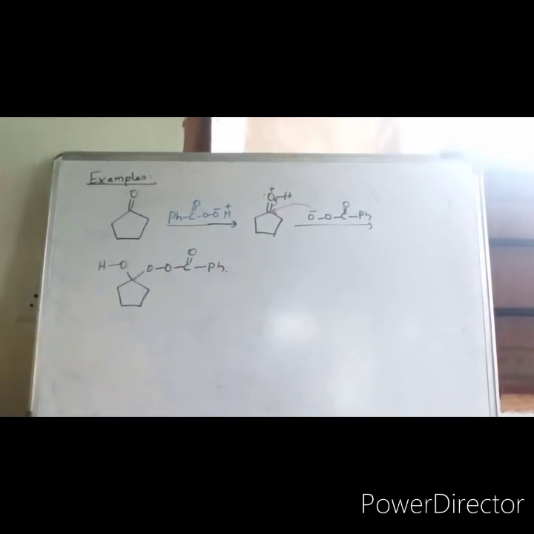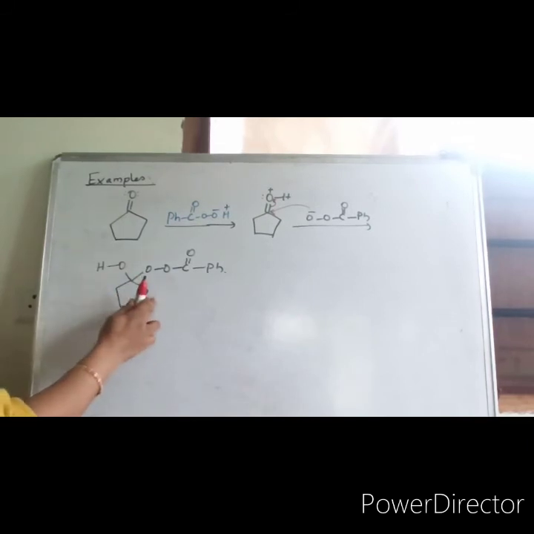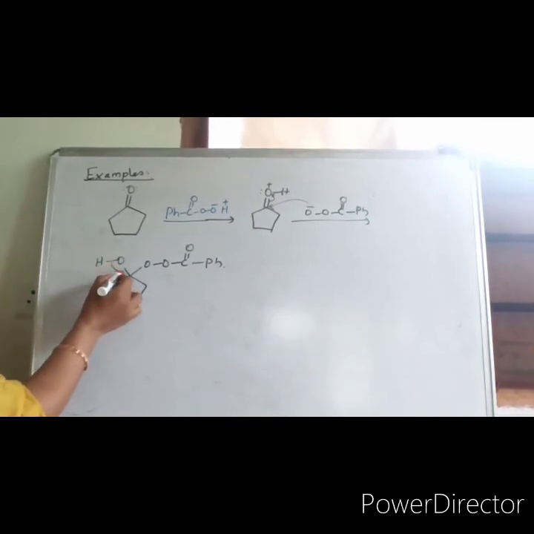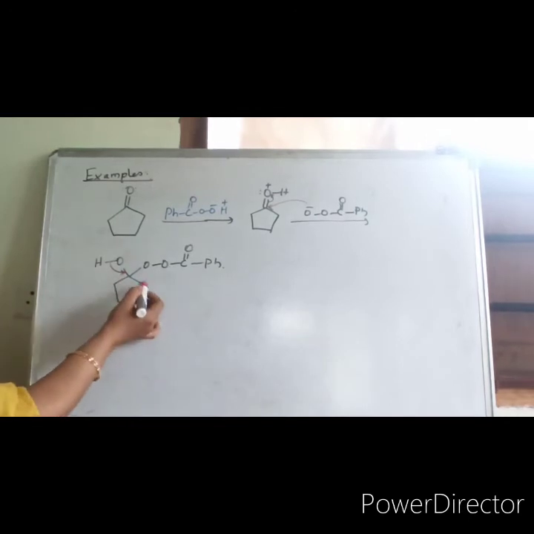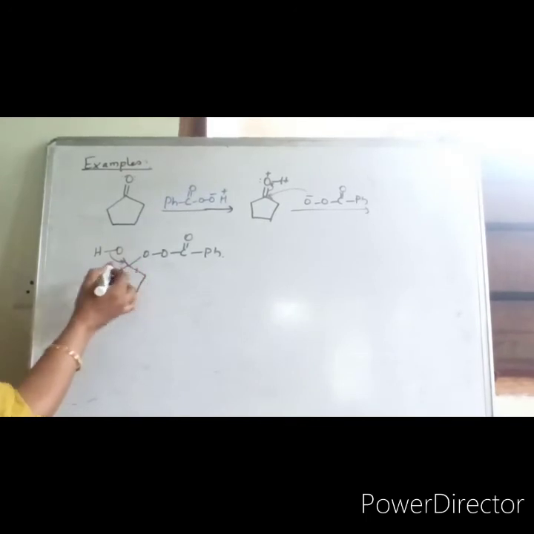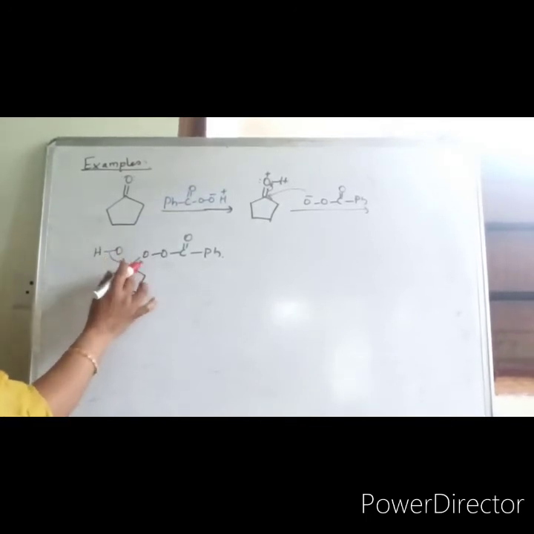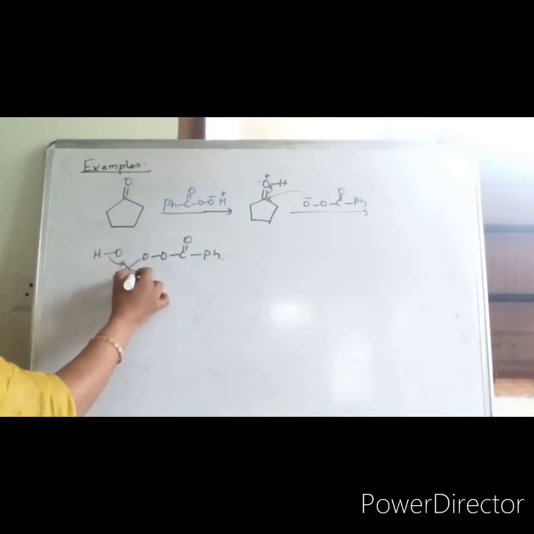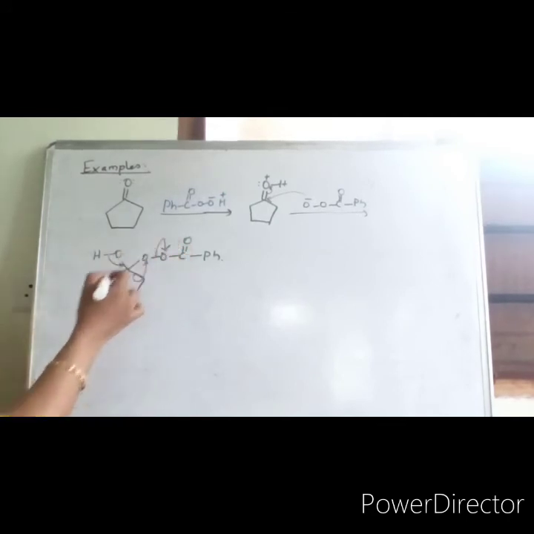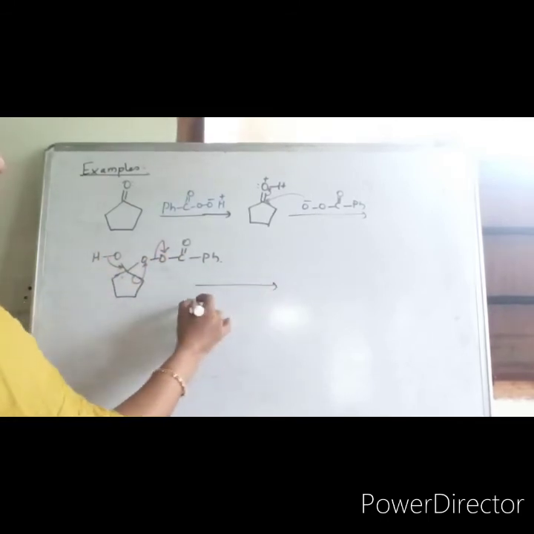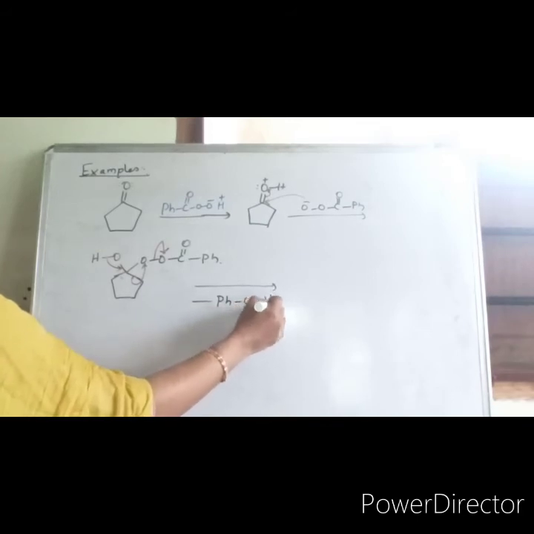Okay. Now you can see both sides are secondary alkyl groups, so migration you can do by this side or this side. Okay. So how is this happening? This will be coming back here, so the carbonyl valency will be increasing. Since both sides are secondary alkyl groups, you can break any of the bonds. This bond could be broken or this bond could be broken. So for convenience, I am breaking this bond. Okay. So this bond will be migrating to this oxygen in this manner. Also, this will be PhC double bond OH, so you can write minus PhCO2H. Then benzoic acid will be eliminated.